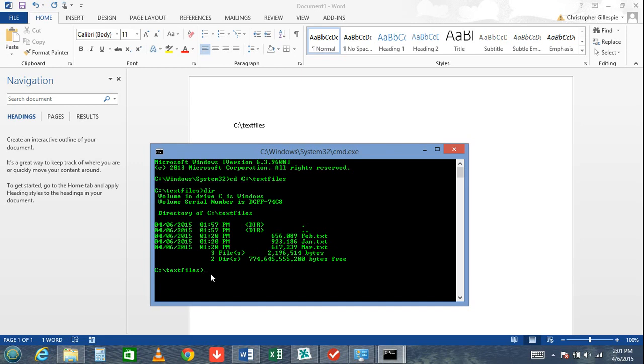Now we want to tell the command window to combine those into one file. To do that, and if you don't get this by watching the video, don't worry, I'm going to put this verbiage in the description on the YouTube video, but you'll need to type in copy space asterisk .txt space new file